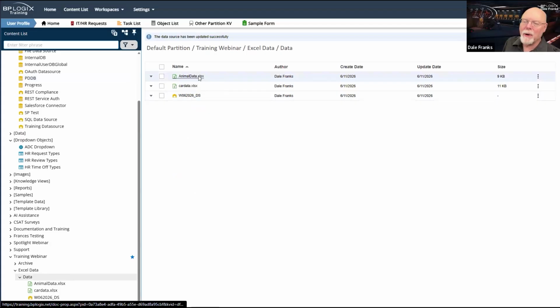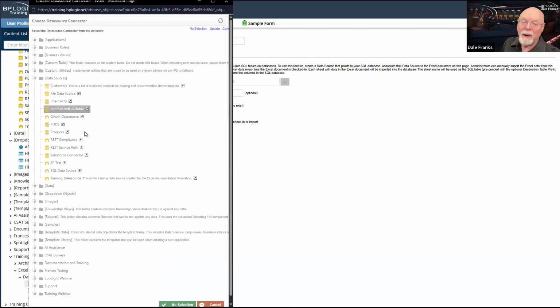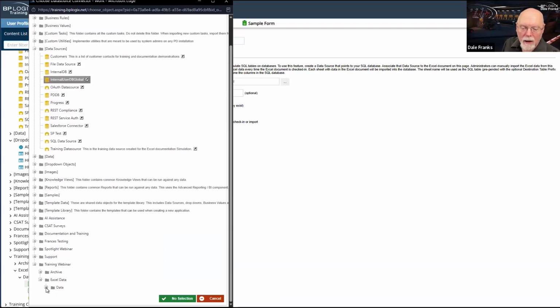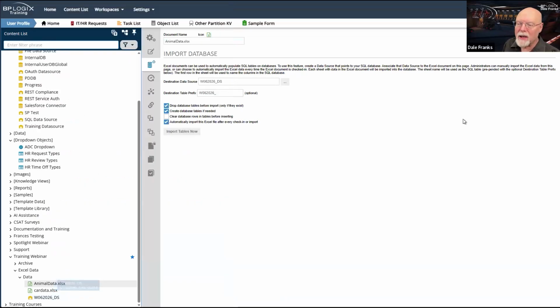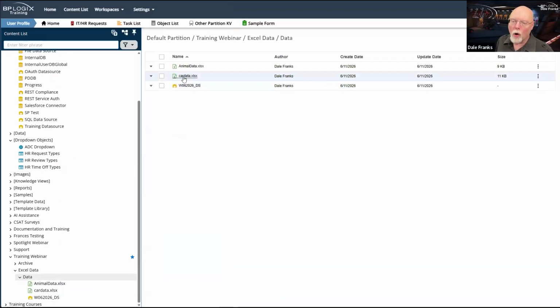And now that I've built it, I'm going to go and change what would normally be how you would set it up. And we are going to set it up locally so that everything here is exportable. And by the way, if I do that and I update this, does it work if I import the tables again? Yes, it does. Everything was imported successfully. I'm happy. All I've done is change to this local data source.